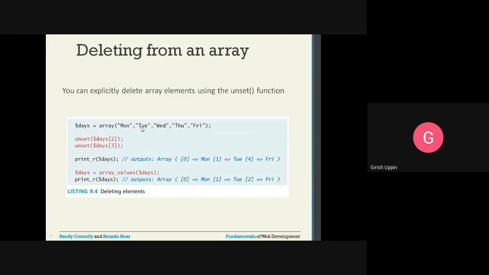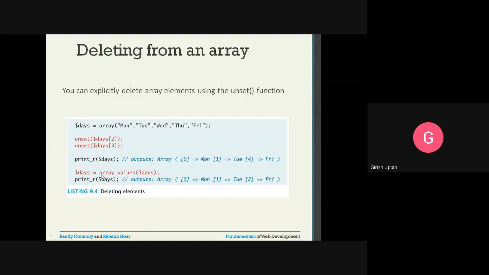This is 0, this is 1, this is 2. So Wednesday is deleted, and Thursday is deleted. If you print the array with print_r($days), the output would be like this: at the 0th location Monday, at 1 Tuesday, and these are deleted. So at the 4th key, I will have a value of Friday. So two elements have been deleted.